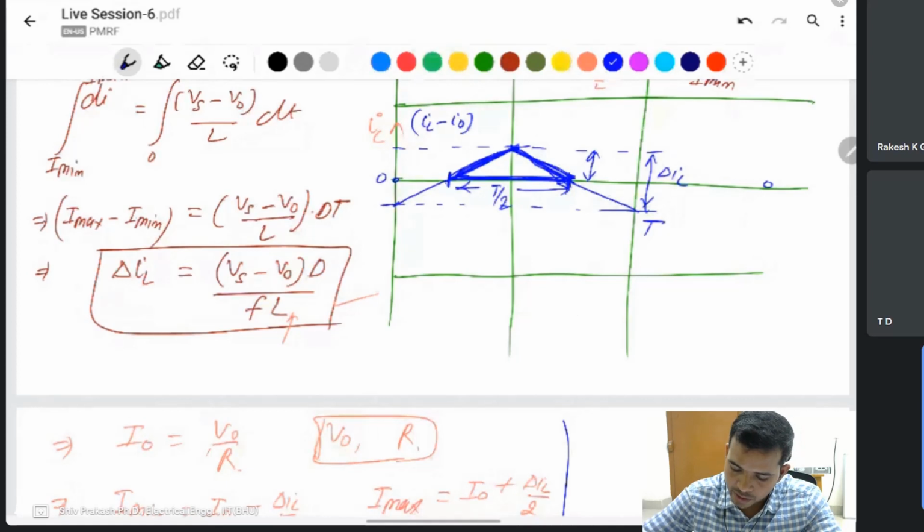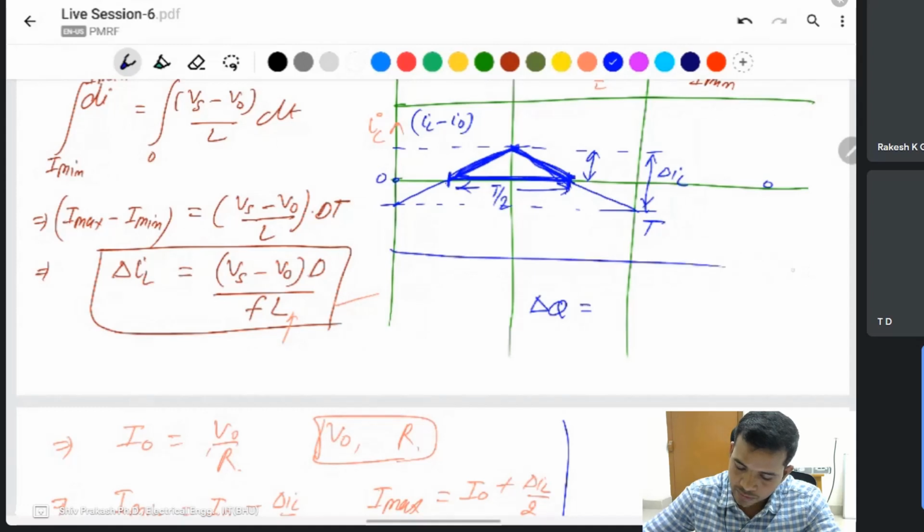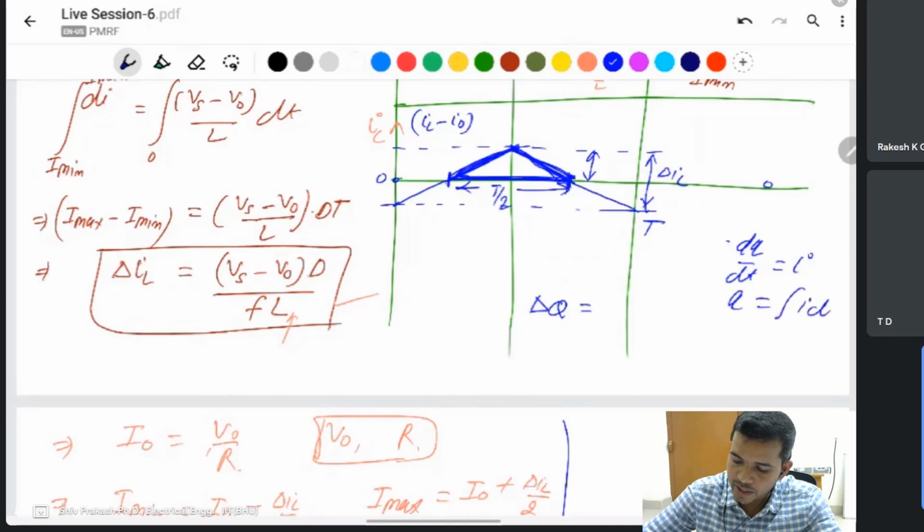You can find the total change in charge, the integration of I dt, because dq by dt is current, then q is equal to the integration of I dt. The integration of I is the average of this value. If you find the average of current, then you find delta IL by 2, the average of this triangle,